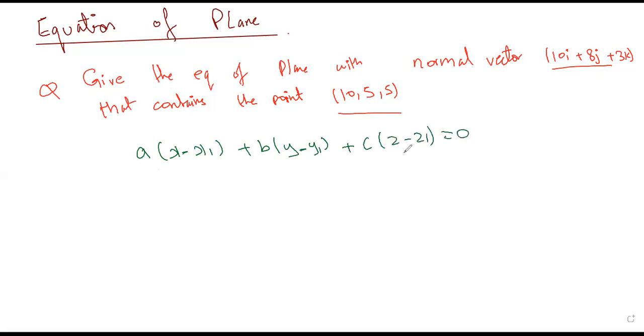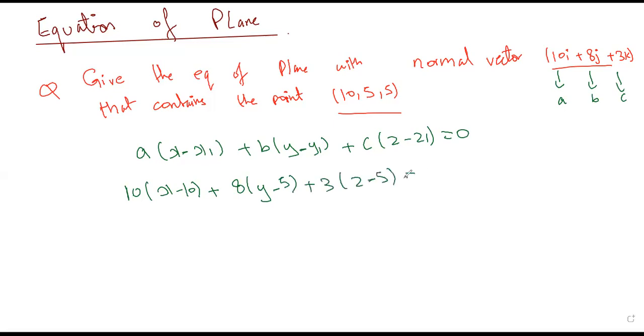So what are A, B, C? A, B, C are basically 10, 8, and 3. Very good, okay. 10(x minus, what is x1? x1 is the x coordinate of the point lying on the plane, okay. 10. Very good. Then 8(y minus 5) plus 3(z minus 5)